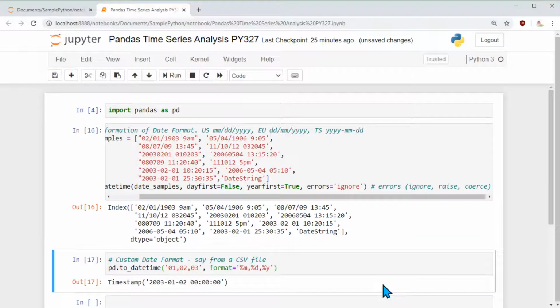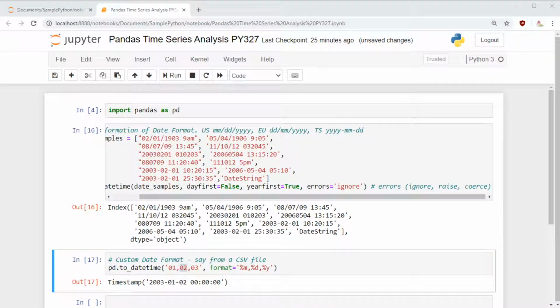If I say that, then it automatically reads it accordingly, understanding the month is this, the day is this, and the year is this. So our month is going to be 1, our day is going to be 2, and the year is going to be 3, so it adds 2003. The system is smart enough to convert the 2-digit year to a 4-digit year as well.